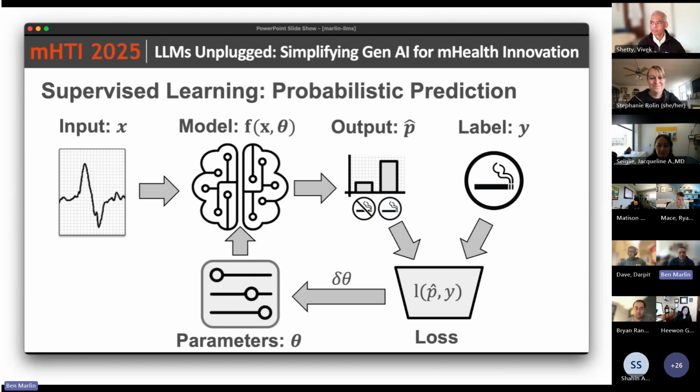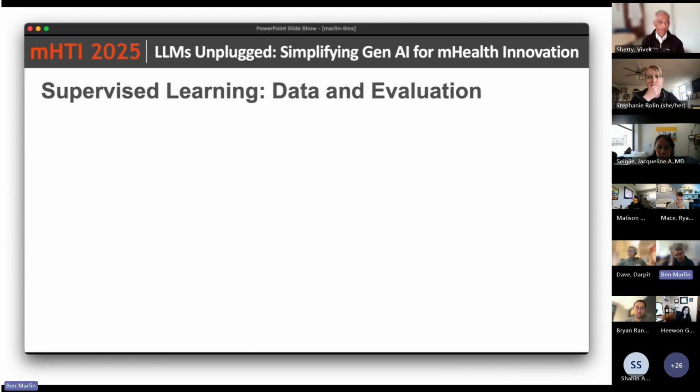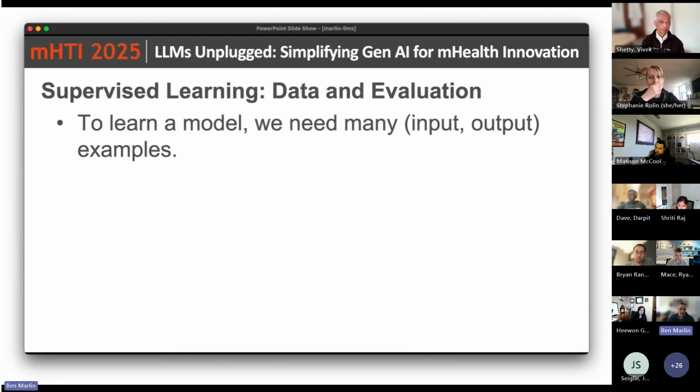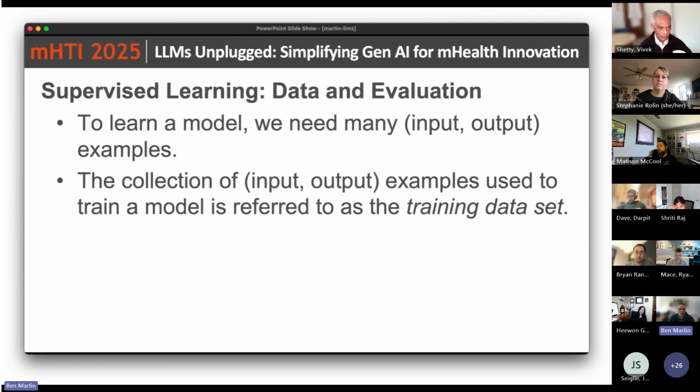All right. So as I was saying, this is the basic structure for how we represent models and how we learn them from data. Right. So a couple of additional notes here. When we're thinking about building models like this, the example that I showed was just using one input-output pair and was updating the model to try to do a better job on that example. In reality, when we go to learn these models, we need lots and lots of examples. When we think about organizing that data, the collection of input-output examples that we use to train the model is referred to as the training data set.